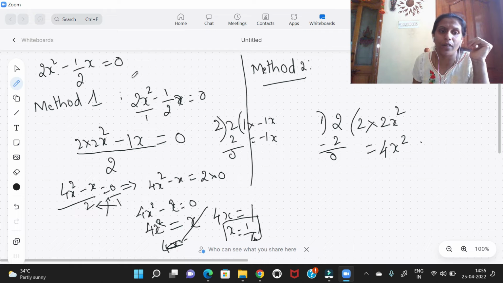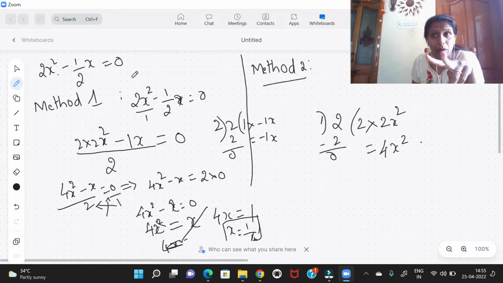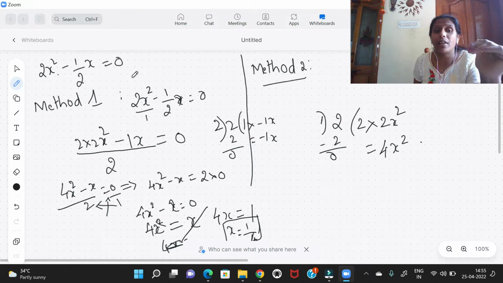So it is 4x square minus x is equal to 0, or 4x square minus x is equal to 2 into 0. Why did we think of 2 into 0? Because first thing, it was an equation which we equated to 0 and the denominator was 2. We went for cross multiplication. There we said 4x square minus x is equal to 2 into 0. 4x square minus x is equal to 0, or 4x square is equal to x, or